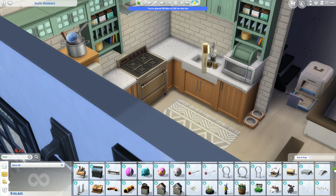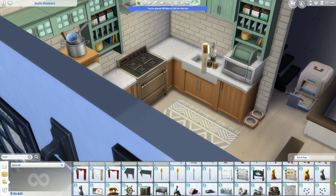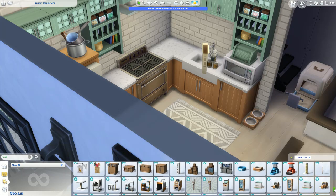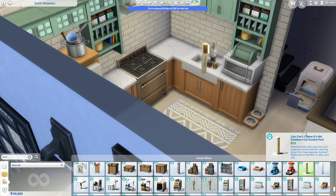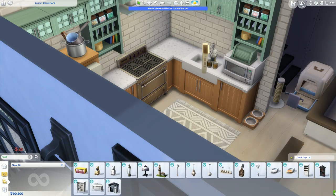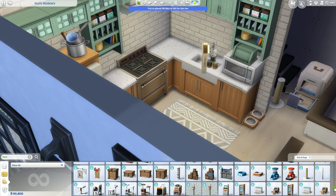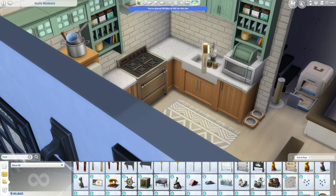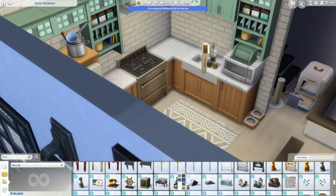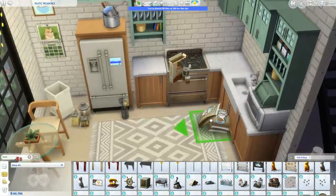Where is it? I see a whole bunch of wall art, curtains, signs, rugs, food bowls. We're gonna need one of these thingamajiggies. I see teddy bears, lights, and vacuums, but where? Oh, here it is. Wolfsker's Nibble Yums. They should have just called this food so it'd be a lot easier to find. Well, we're gonna use the one with the cat on it